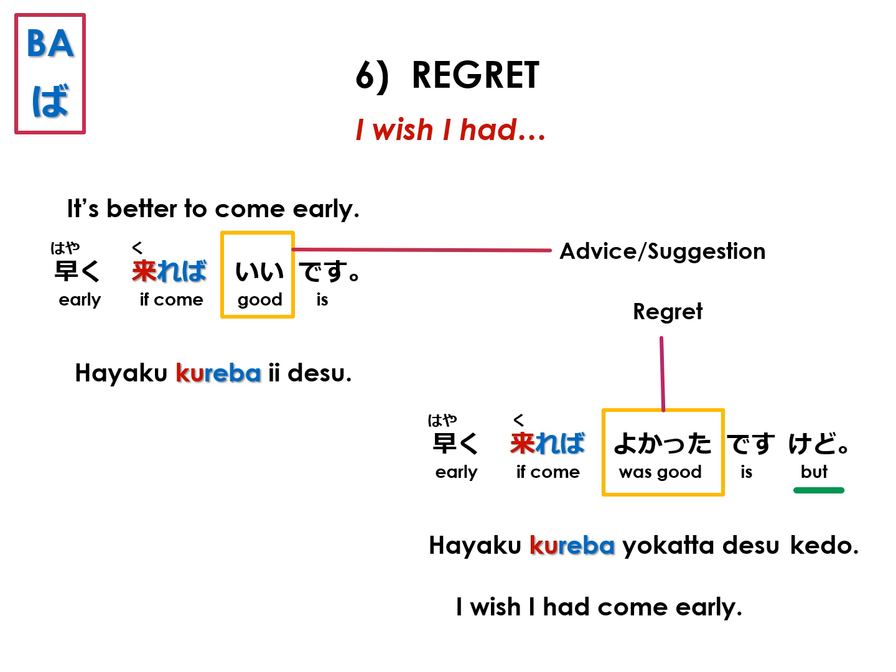Often we add kedo or ga or noni at the end of the sentence to reinforce the nuance of regret. 早く来ればよかったですけど。